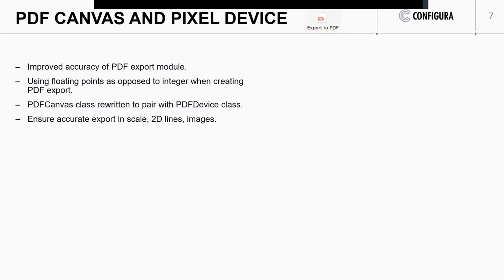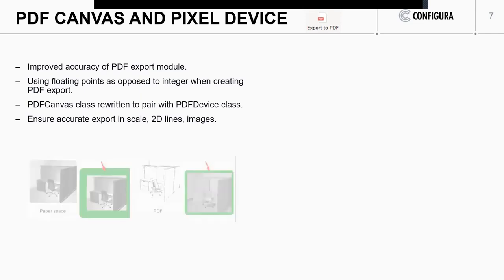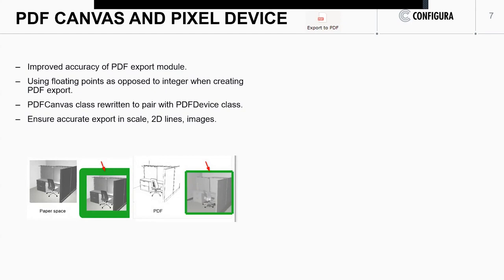If you want to know more in-depth technical details, do refer to the CET 14.0 Developer Migration Guide. And over at the bottom, we have an image. This is an example of one of the issues caused when we are not using floating points. You can see the border where the arrow is pointed,